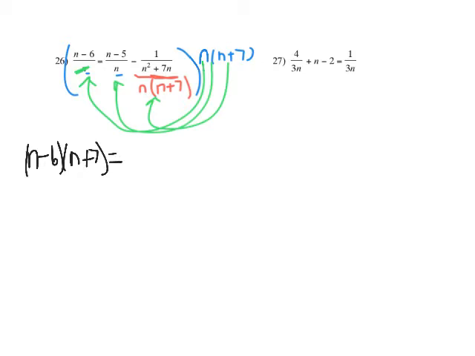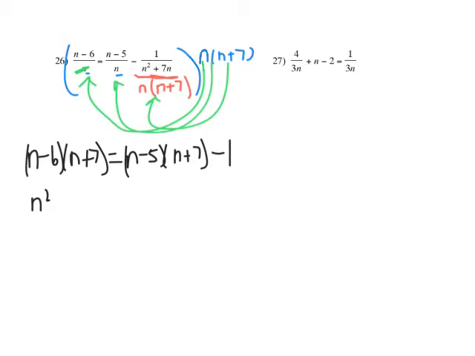That's going to equal, and then you do the same thing, and again your n's cancel, and you'll have an n minus 5 times n plus 7. Your last one is nice because everything cancels, so you're just going to subtract that 1 that was already there. Then you've got to FOIL, so you've got n squared,